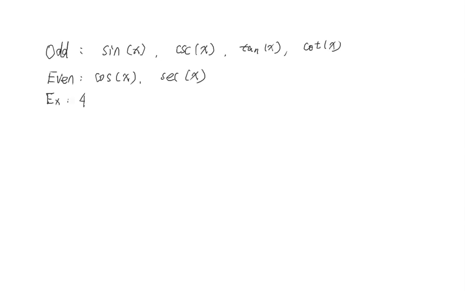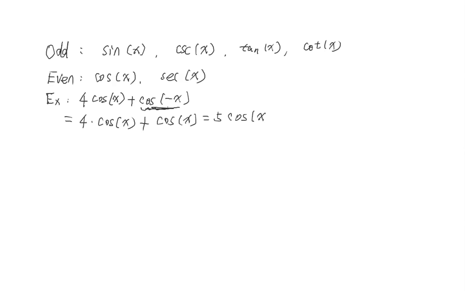I have 4 times cosine x plus cosine negative x. And we know cosine is even. So 4 times cosine x plus cosine x is 5 cosine x. Another example,